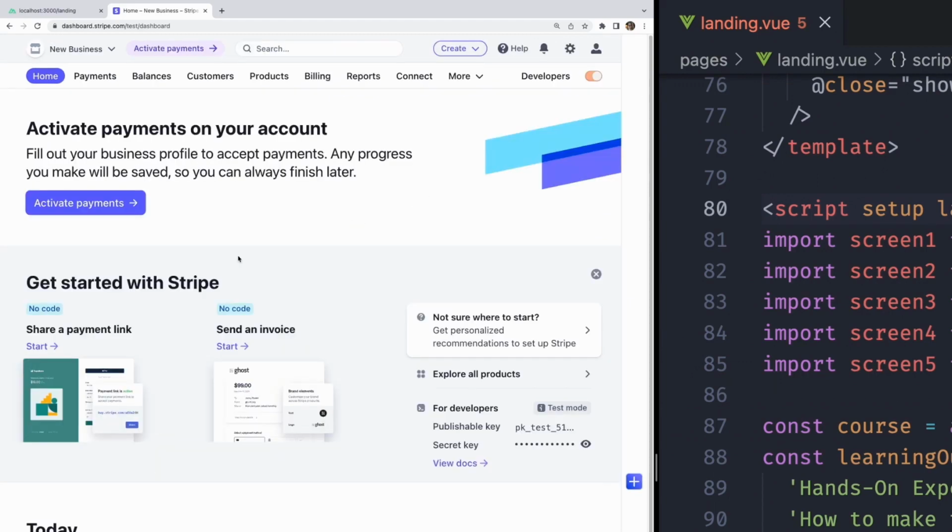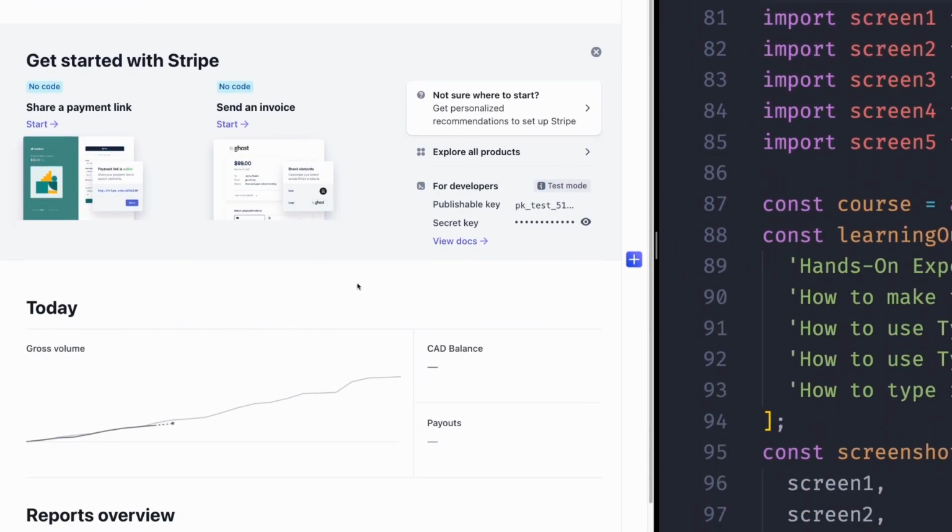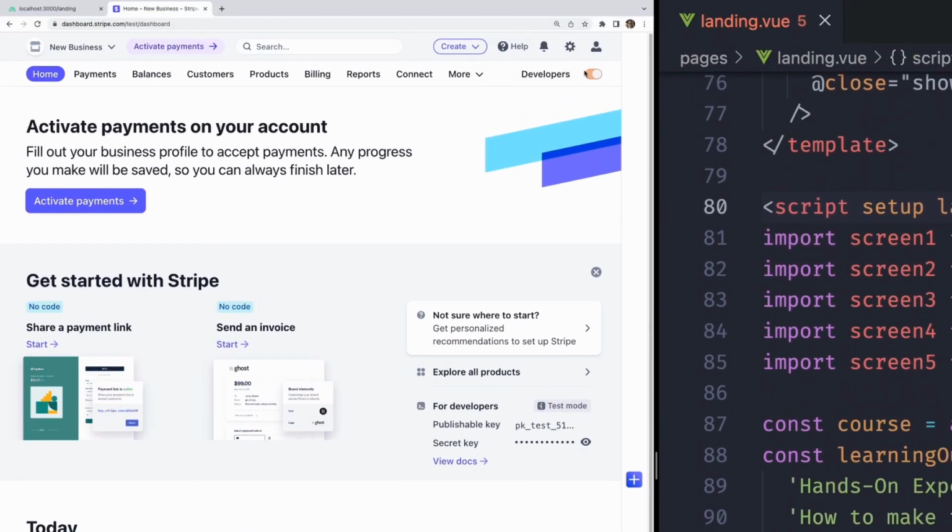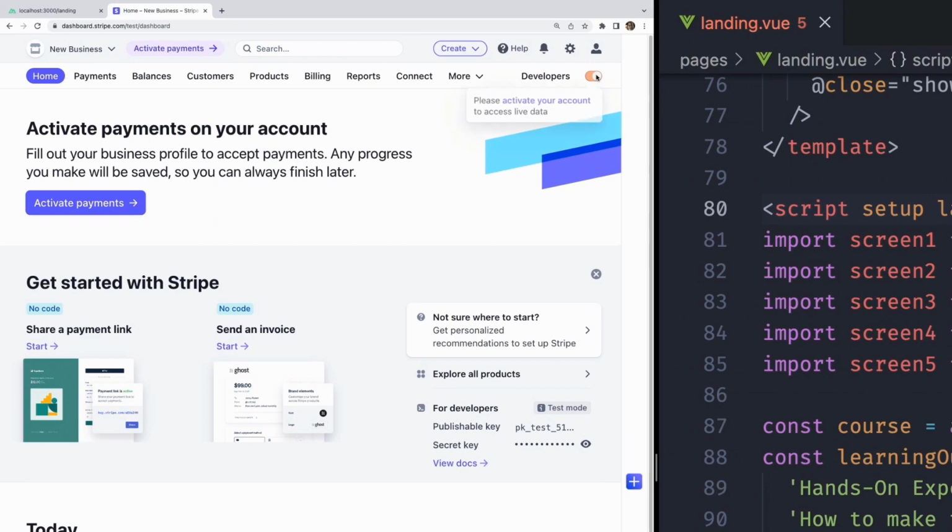Before you have your payments activated, Stripe will automatically put you into this test mode. So up at the top here, you can see that we've got this toggle switch. And what that means is that we're now switched into test data mode. So this makes it really easy to use the Stripe dashboard and all of the different APIs in test mode and see it working before we switch to live data and start to actually charge credit cards and do all